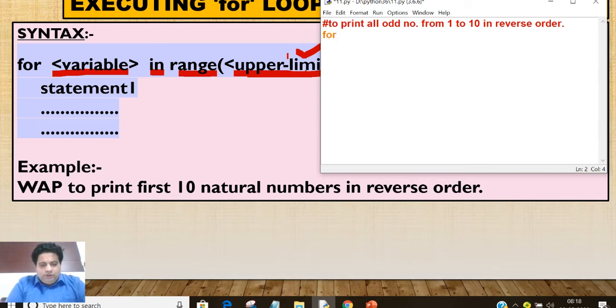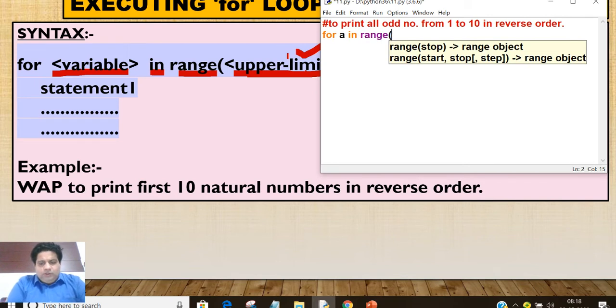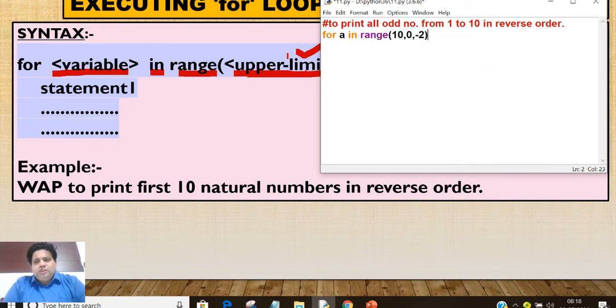Write for A in range, 10, then 0, then minus 2. Now it will print 10, 8, 6, 4. It will print even numbers.